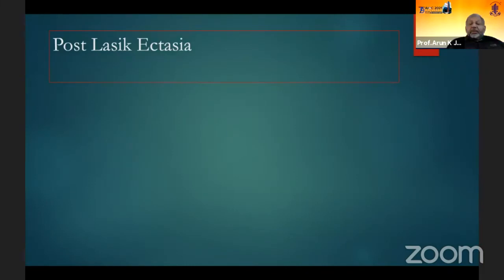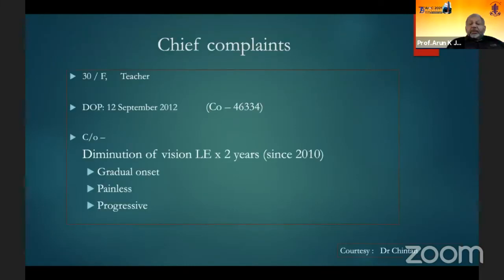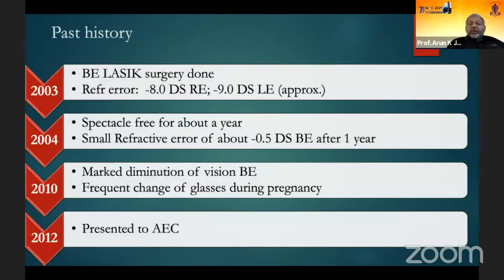Again, this is a case from Dr. Chintan's clinic. She's a 30-year-old female teacher who had progressive diminution of vision for the last 2 years, and she had undergone LASIK for 8 to 9 diopters of myopia in 2003, was spectacle free for about a year, and started having again diminution of vision in both eyes during pregnancy, and presented to her clinic in 2012 with the visual acuity of 6